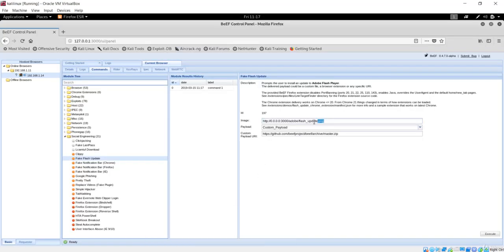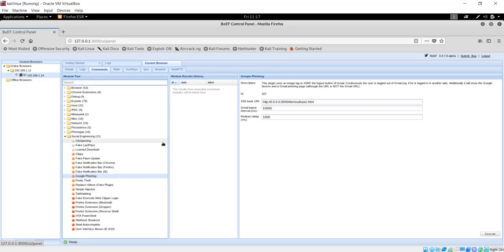You can make your own over here and show that message to the user. You can do that, and you can also see the Google phishing and everything. So this is one type of hooking your browser to the client browser. In the next lecture we'll also hook the client to this machine, but in the next way of man in the middle. So let's get into the next lecture.